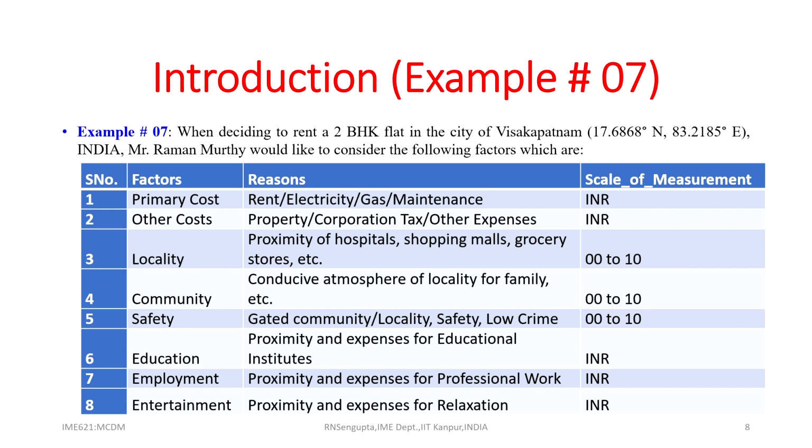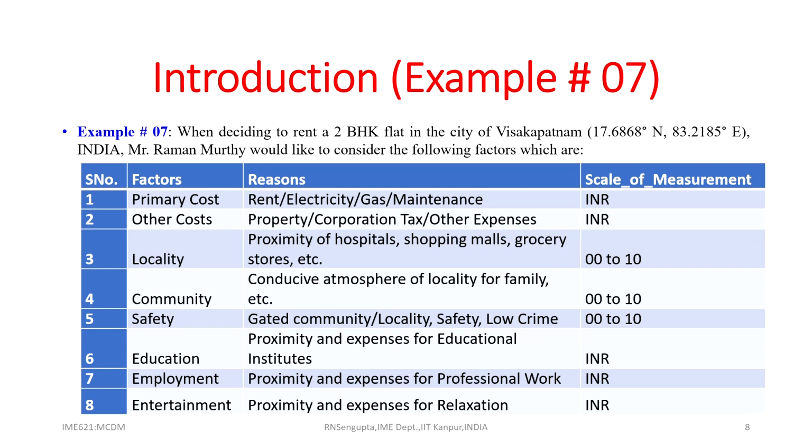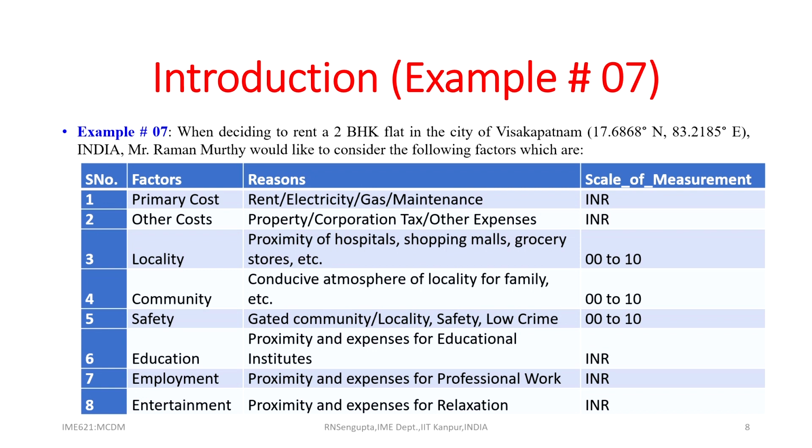Education, employment and entertainment would be based on how close the educational institute is, where Mr. Raman Murthy's son and daughter would go, or where his spouse would be working. Employment proximity would be how far the spouse's place of employment is, how long it takes, and what the cost is, going by car, bus or metro, whatever it is. And entertainment would be whether they want to visit the museum, the mall, the shopping plaza or the bookstore, and all these things are factors which are important for Mr. Murthy.